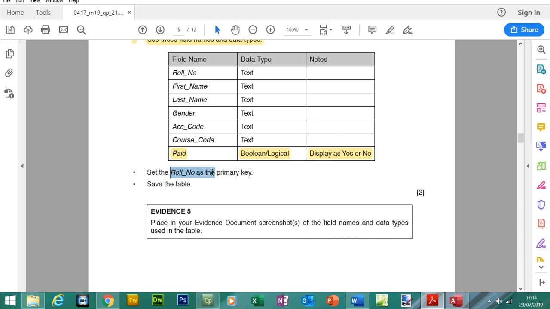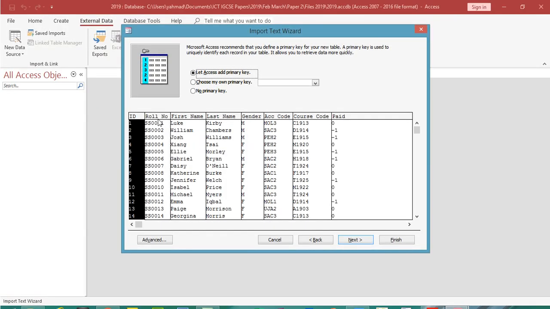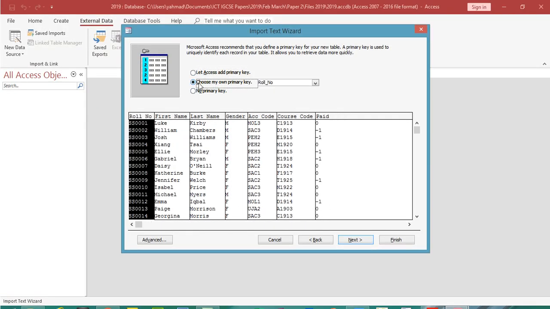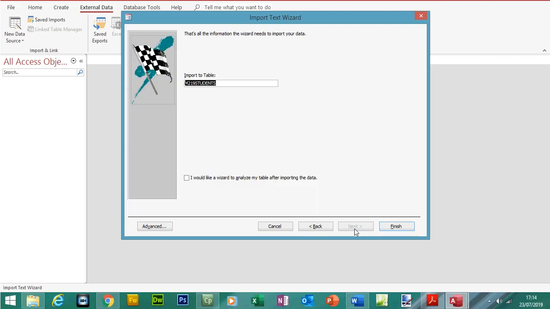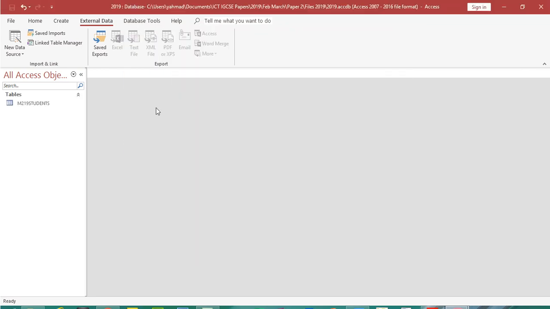So this will be the field which has unique data for each record. So the roll number will be set as a primary key. Basically each student will have a different roll number. So I want to choose my own primary key and I want to select the roll number. Yep. Next, finish,